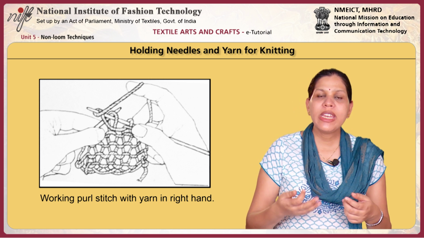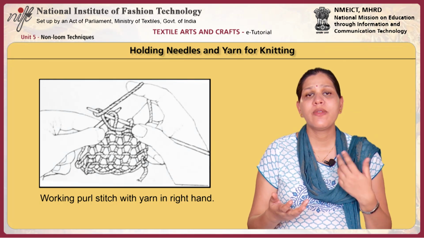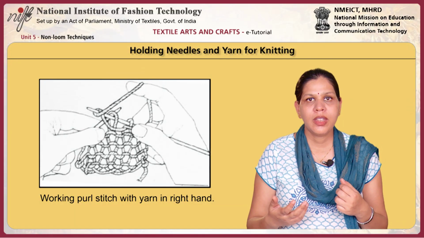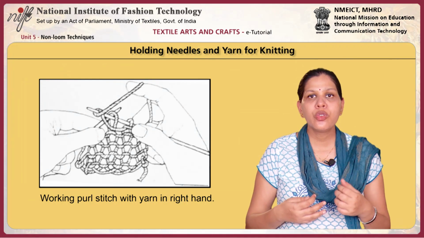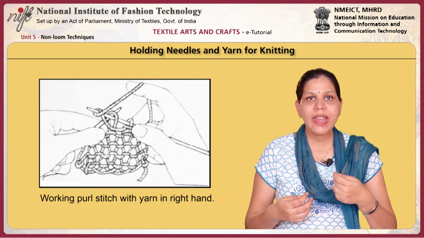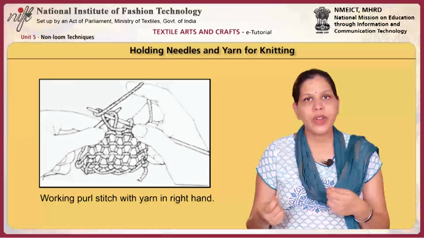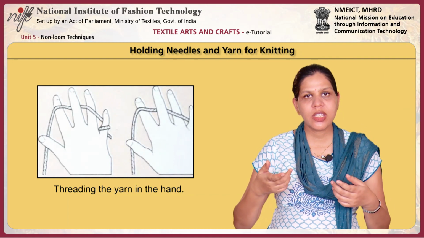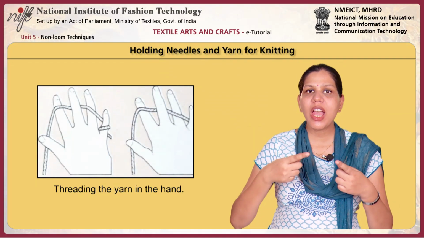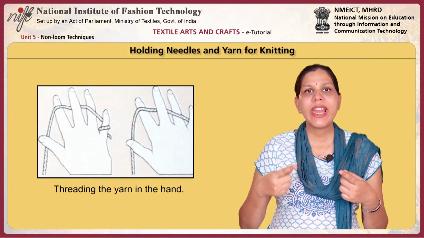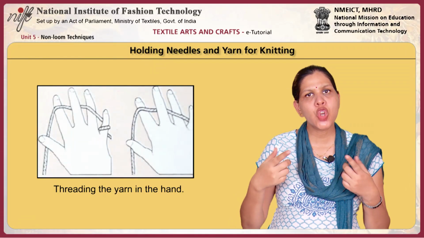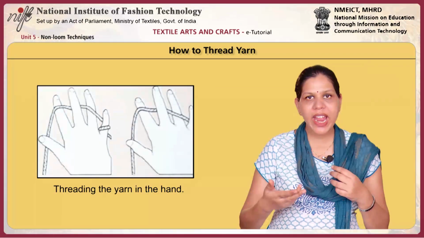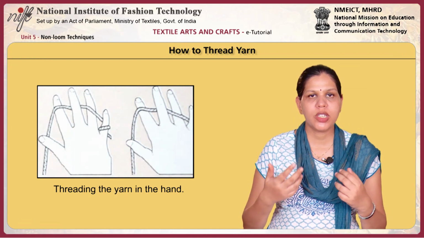There are many ways of holding needles and yarn. Some methods make knitting faster, but every knitter works out one's comfortable personal style. Threading the working end of yarn through the fingers controls tension and helps produce a firm, even fabric. The working yarn is held in the right hand over the needles. The right forefinger wraps the yarn around the needle. Hold the right needle like a pen for light work with short needles. Thread the working yarn through the fingers of the right hand in either of the ways shown in this image.